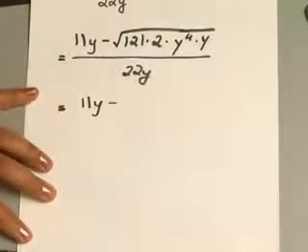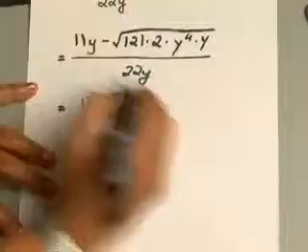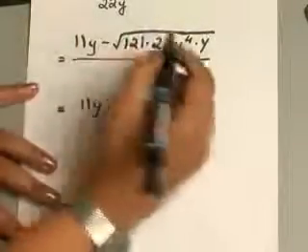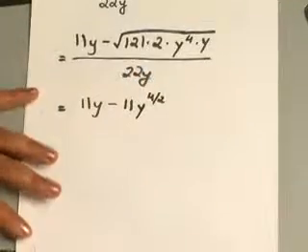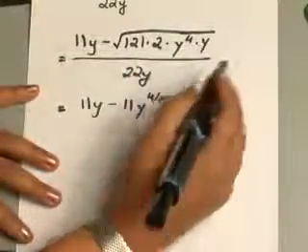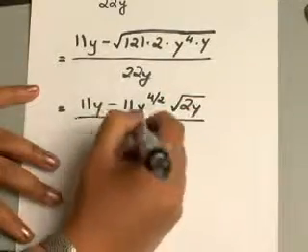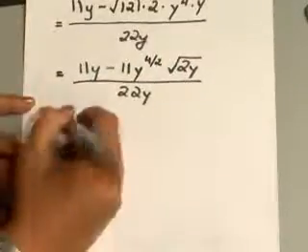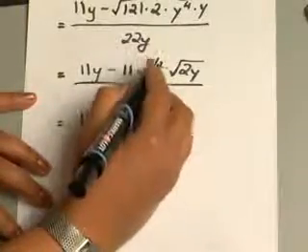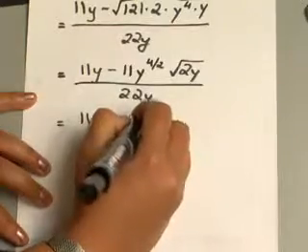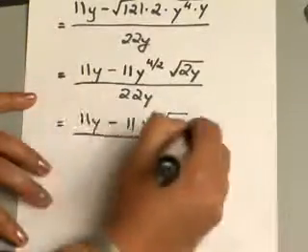Now try and bring everything outside the radical that you can. 121 square root of that is 11. Y to the 4th, you can write that as y to the 4 over 2. And again, 2 and y will stay inside the radical because you cannot break it down any further. So let's go ahead and see what we end up with. 4 over 2 will give you 2, so this will be 11y squared, square root of 2y,